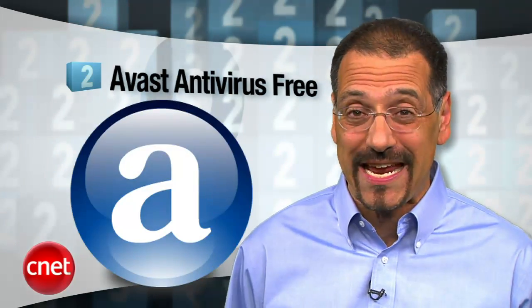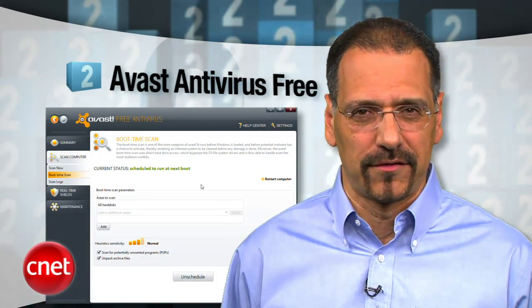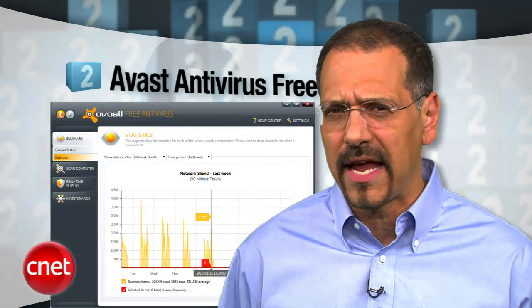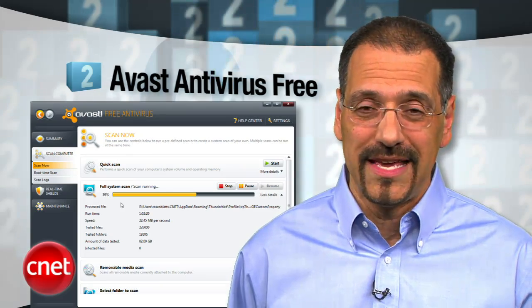Number 2, Avast Antivirus Free. Windows only, but then again, who needs it more? It galls most of us to pay for antivirus software, especially since so often the antivirus warnings out there are coming from an antivirus company. So a freebie like Avast is a good feeling no-brainer and is highly rated, so you get way more than